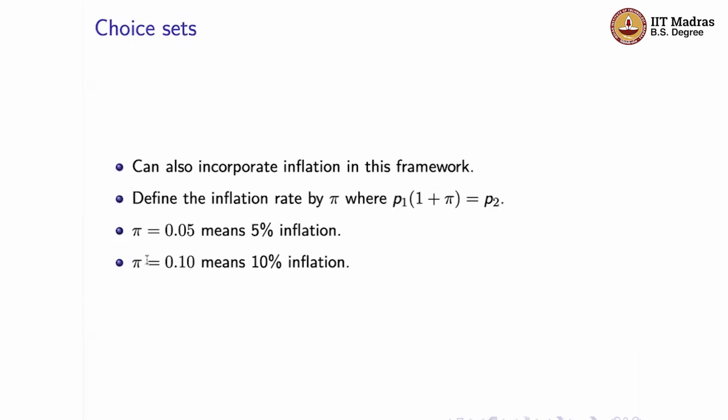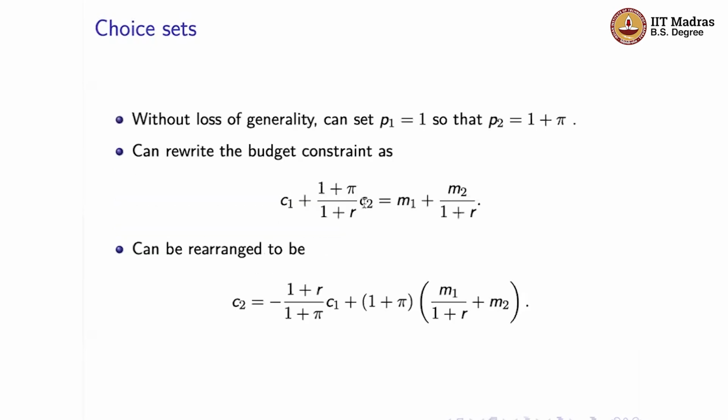So in this case, for example, if you have pi equal to 0.05, that means price has increased by 5% from first period to second period, right? If you have pi equal to 0.10, that means that price has increased by 10% from first period to second period. Once you do that, and without loss of generality, we can always normalize one of the variables. So P1 equal to 1, say, and P2 equal to 1 plus pi,